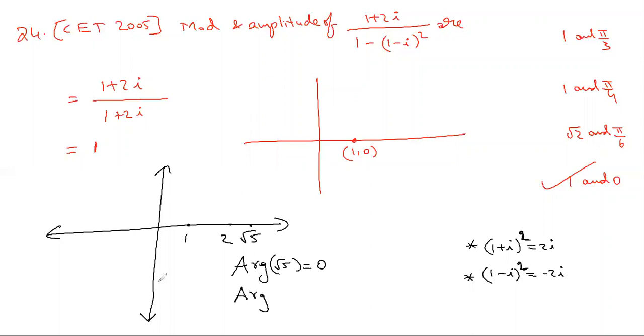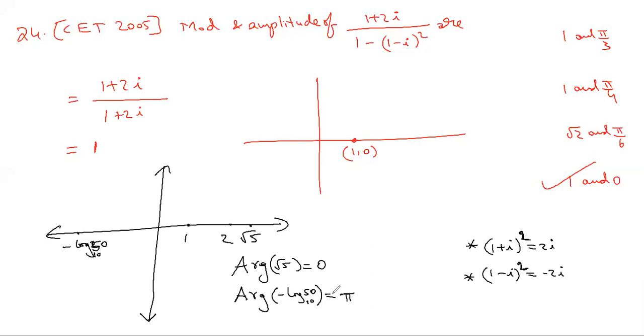And the argument of any negative number, suppose minus log 50. I just took a log to show that it need not be an integer. Log 50, base 10, is a positive number, so minus log 50 will be a negative number. Argument of minus log 50 equal to